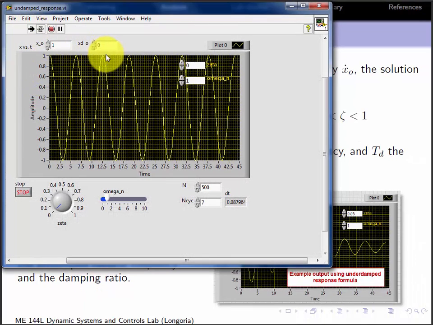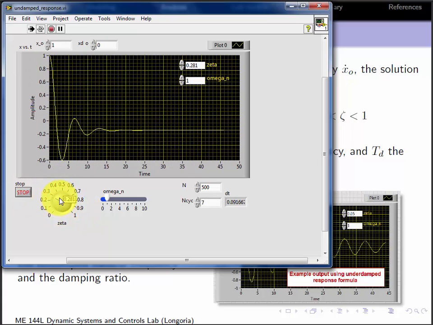Here it's running now with my damping zeta equal to 0, as indicated here. Natural frequency is 1 for the values I've put in, and I'm specifying those values and zeta. Then you can play with zeta, and you can see as I increase the damping,